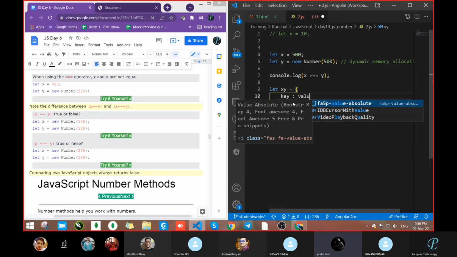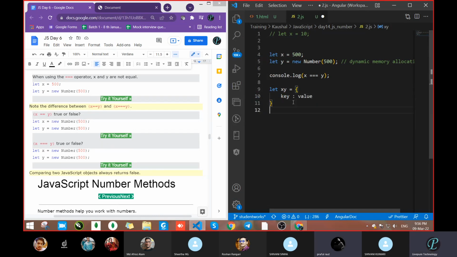Correct or not? Yes, sir. Correct. So this is like a data representation. But if anybody asks how you can create the object, you can tell that with the help of the new keyword. But if anybody asks about storing data in the object form, you can directly focus on this section: key and value. You will tell that data will be stored in key and value pairs.